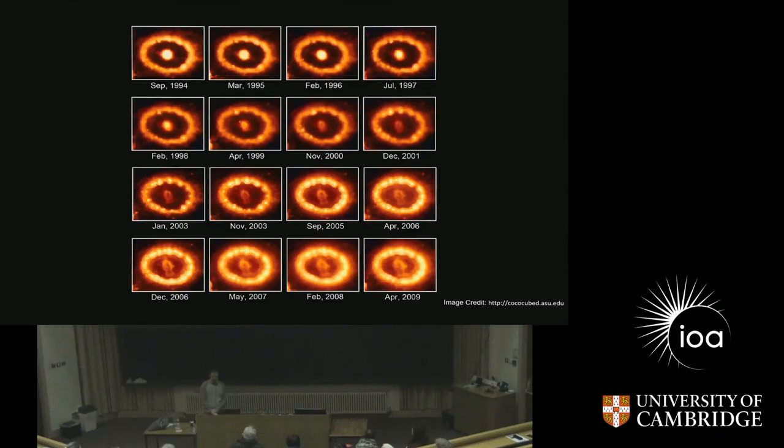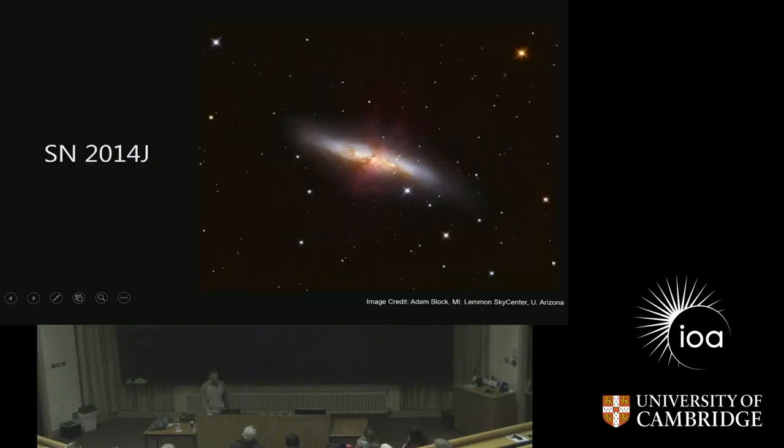Now, most of these are found automatically with computers, but there are still some chance discoveries similar to the way that supernovae were detected before we made the detection automatic. And a nice example is the supernova from 2014 called 2014J. The letter J means that it was the 10th supernova detected in that year, and it was detected in January, so early in the year.